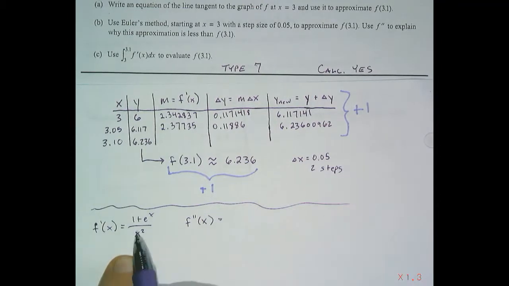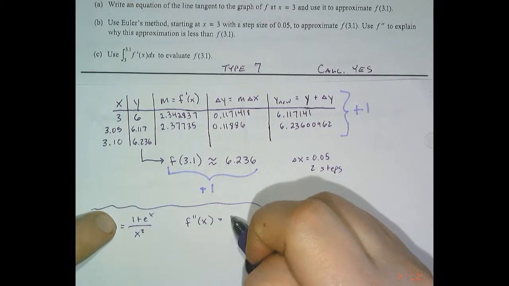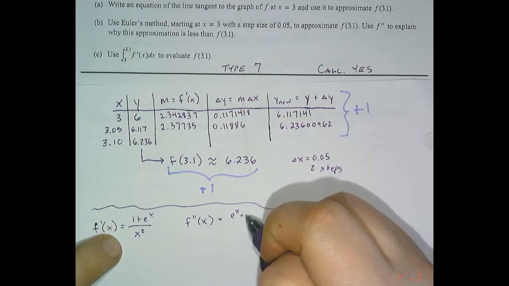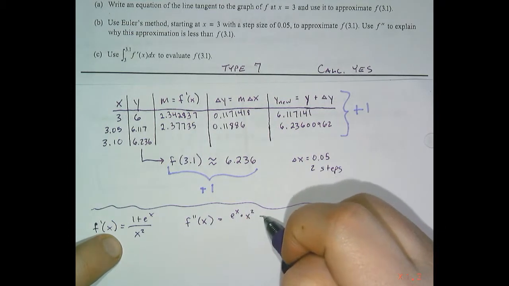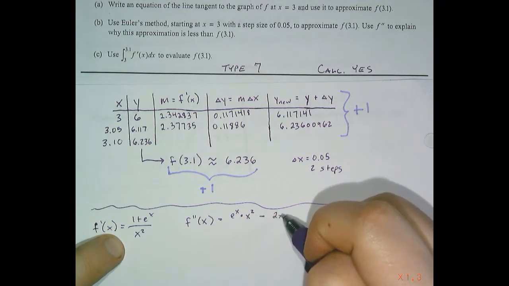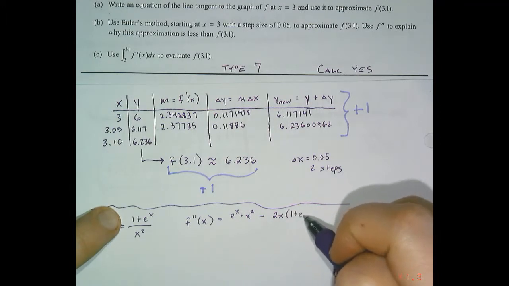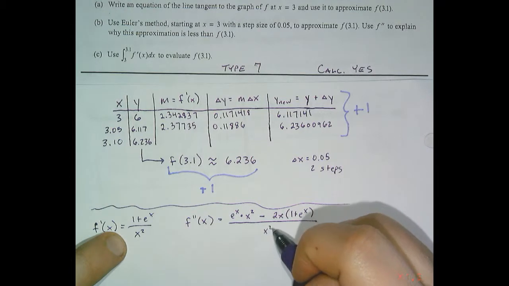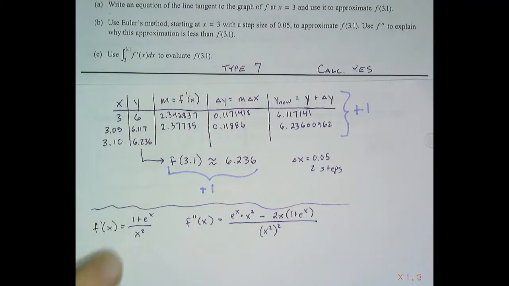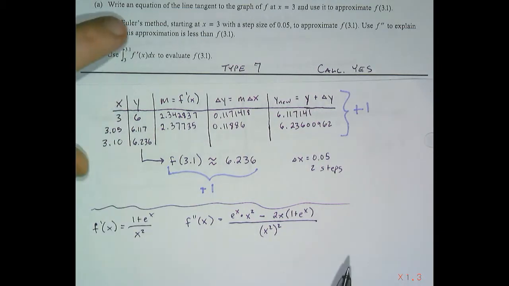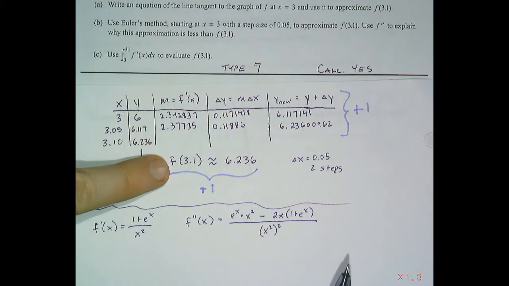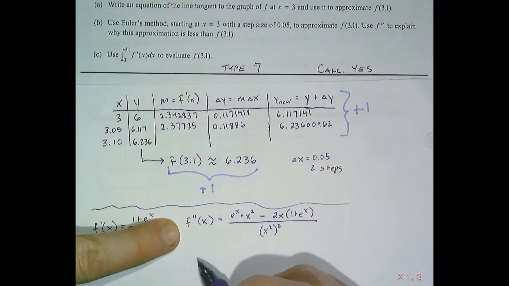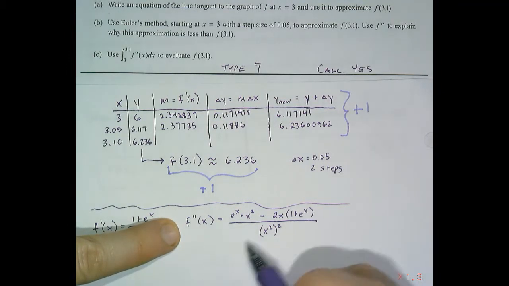The quotient rule is the derivative of the top times the bottom, subtract the derivative of the bottom times the top, all over the bottom squared. So we have our second derivative here, and we're going to use that to make statements about the approximation that we found. So if you'll notice that on this second derivative,